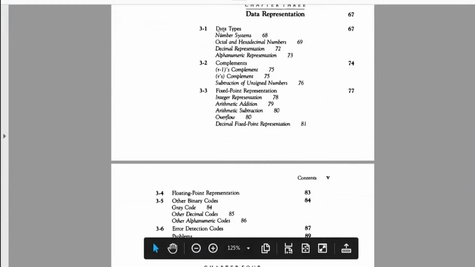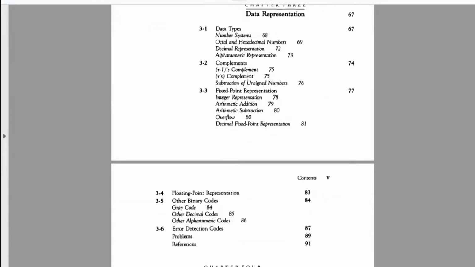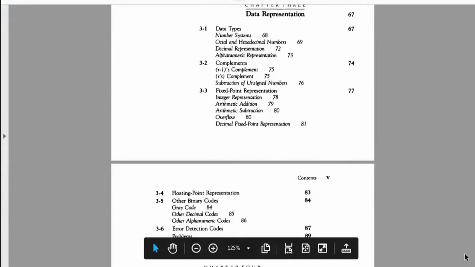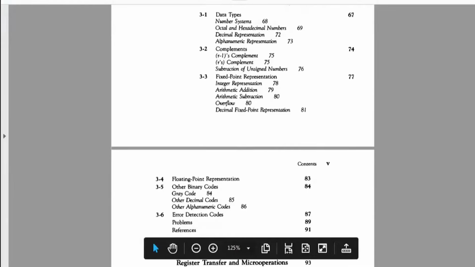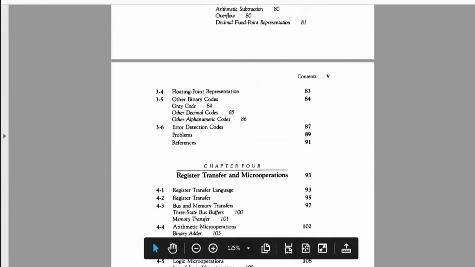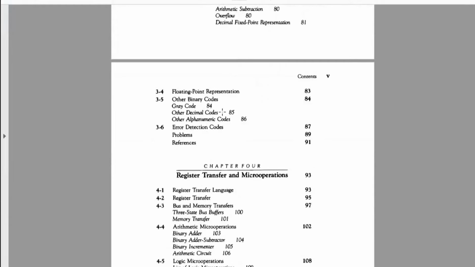Chapter 3 over here is your chapter number 1 in digital systems. That was about numbers, number systems, conversions, R's and R minus 1's complements, addition and subtraction of binary numbers. Then Gray code and other codes which you had studied, alphanumeric code, error detection code, parity bit and all. So these three chapters are not included in our syllabus. We are not going to cover them again.